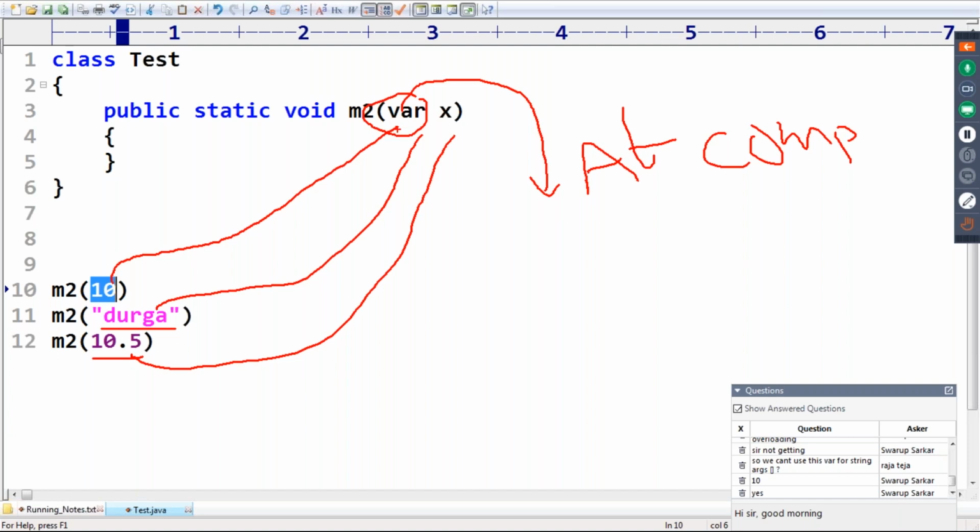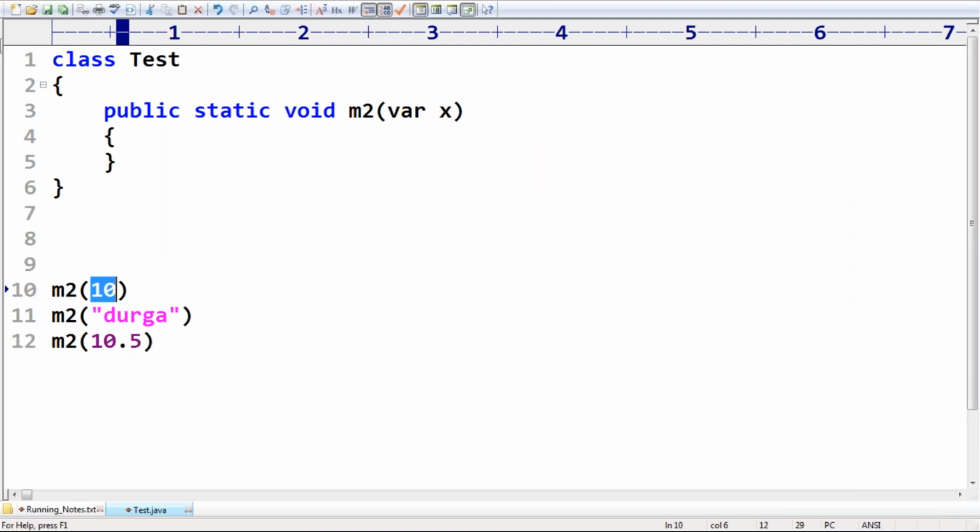That's why replacing var with a particular fixed type is not possible. Getting? That's why this one is invalid. Yes, sir. Local variable type inference is applicable only at compile time, not at runtime.